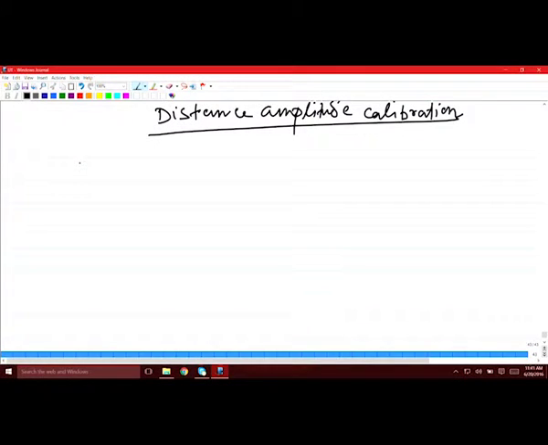Okay. So, we will first take up the distance amplitude calibration, and then we will go on to see the area amplitude calibration. Okay. So, first let us start with distance amplitude calibration. So, for this what you need to do, first you need to select a particular block number, and in case of distance calibration, that block is number 5 block, which is this one. Okay. So, the first step is take this block,